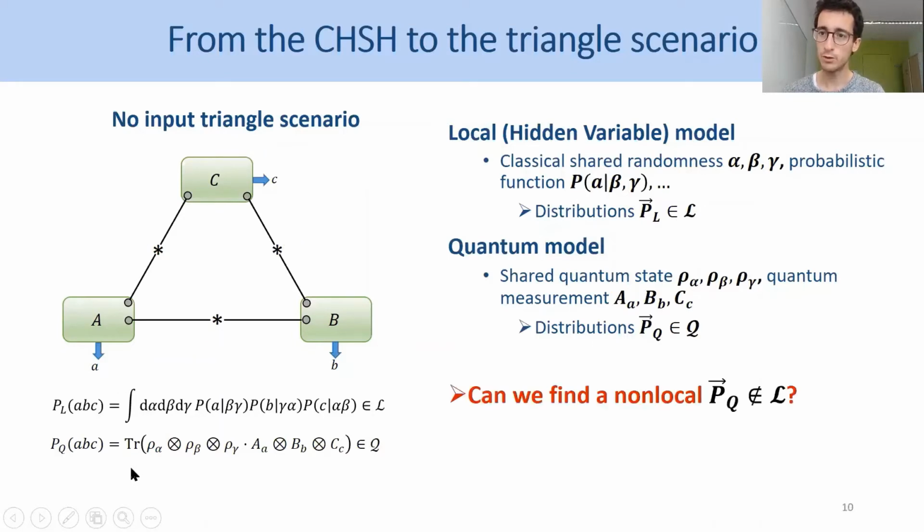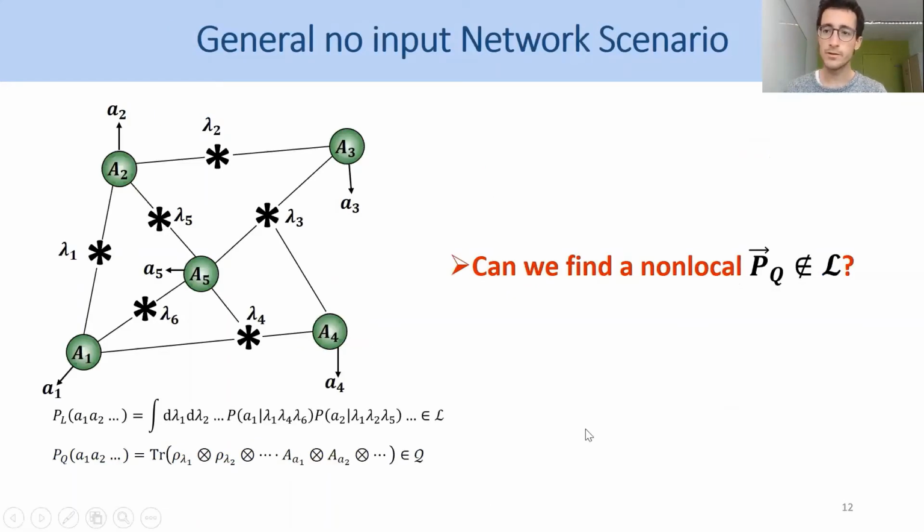And here in network non-locality, the main question we ask is, can we find examples of quantum experiment giving quantum probability distribution which cannot be explained with any local model? So I want a precise quantum experiment such that there is no way to simulate classically this probability distribution. And actually, this is a very difficult question. Of course, this is much more general. I can do this in any network. So I presented the triangle network, but in this kind of network, you can also define classical and quantum strategies and ask the same question.